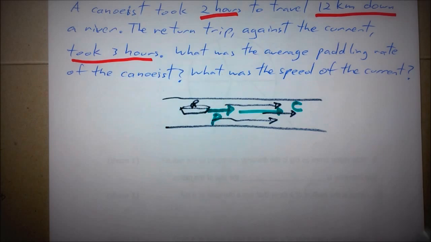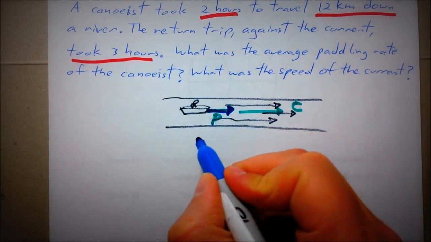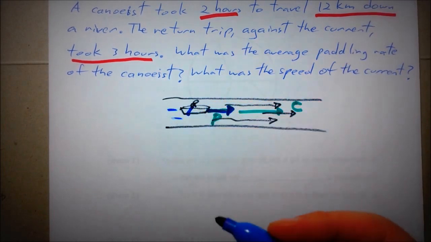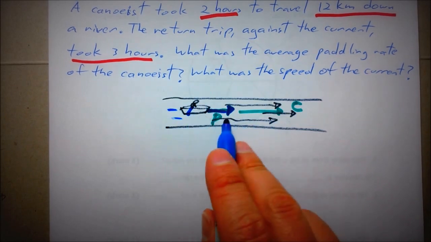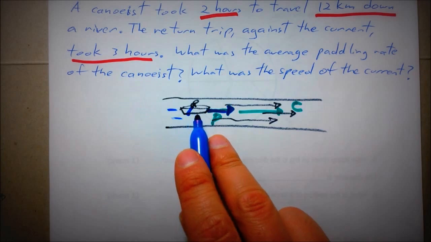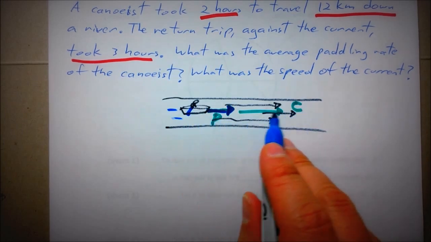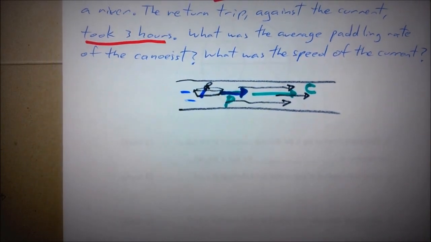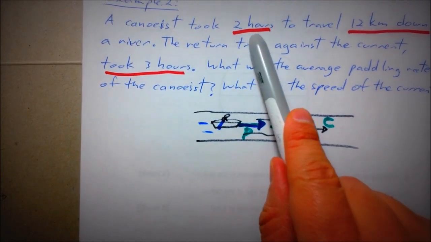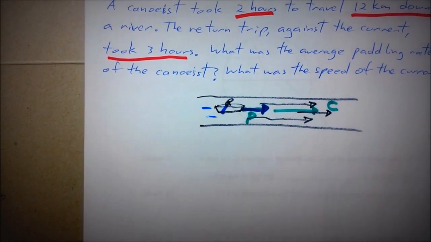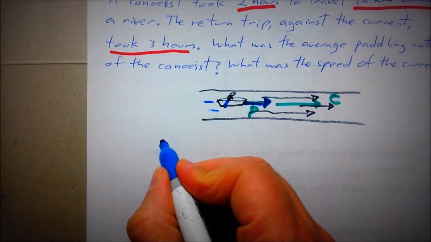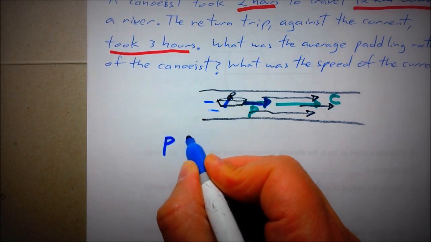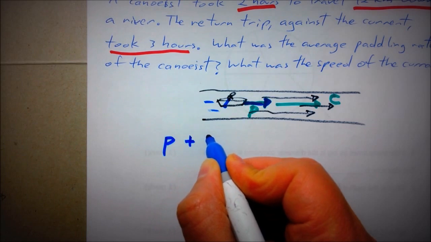Let me choose a different color here. Let's put paddling for this guy. So he's going down the current and he's paddling at this rate. Of course, if he paddles in the same direction as the current, it's going to add to that speed. So now let's create an equation for this situation. Once again, 2 hours to travel 12 kilometers down a river. So we can say that the canoeist was paddling down the river, with the help of the current,